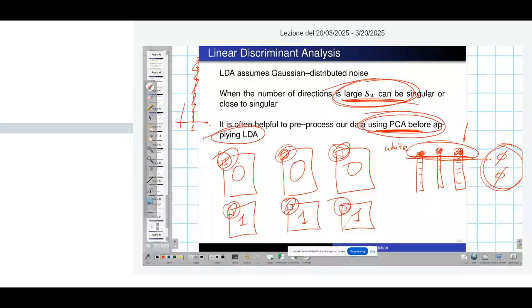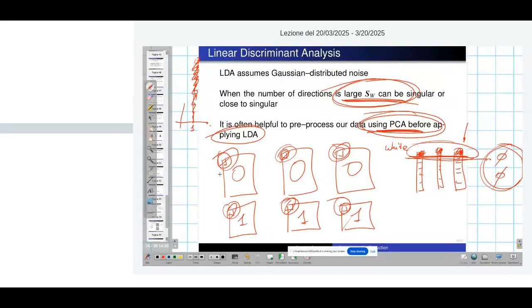If you apply PCA, PCA will throw away directions with low variance and will give you directions that are linear combinations of the other pixels. But the important thing here is that it will throw away components that have low variance, and that means that it will allow us to work in a lower dimensional space where the within class variance